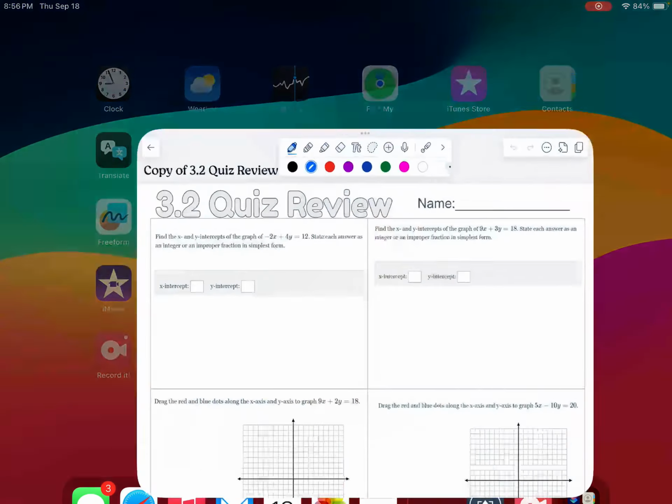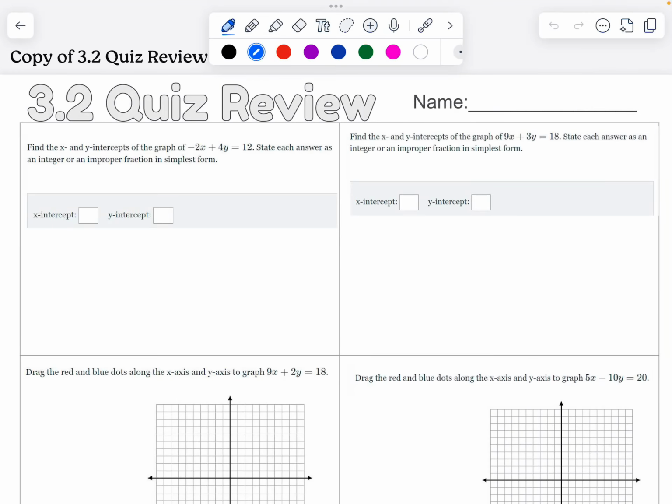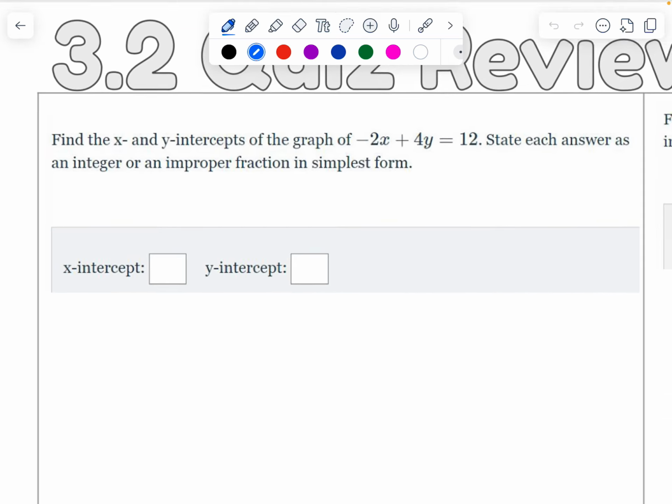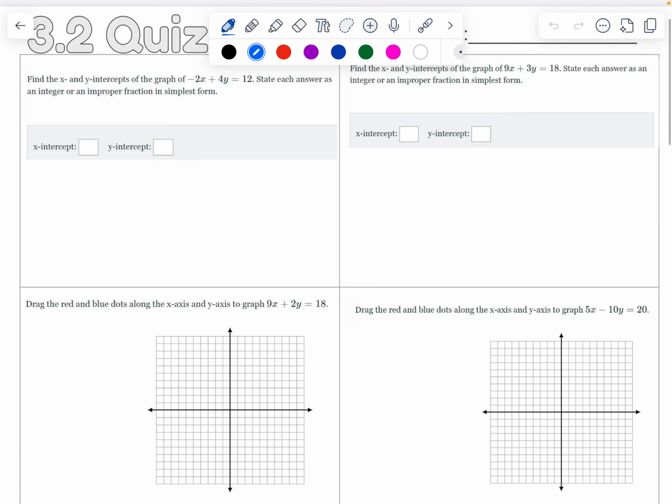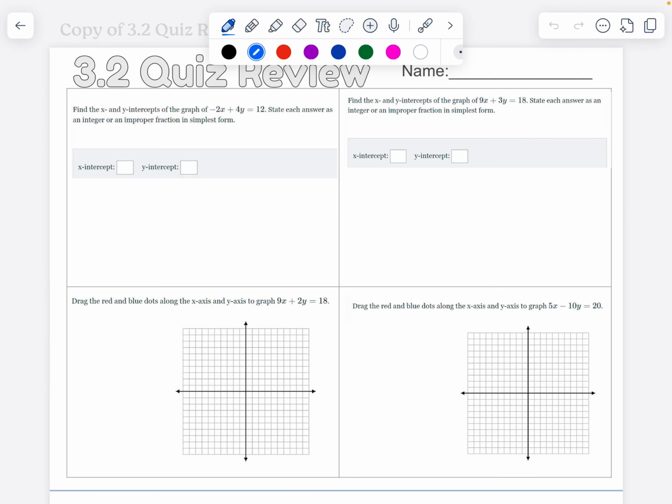All right, Algebra 1, we are about to go through the bell work, the quiz review, whatever you want to call it. So the first page, I just want to kind of talk about this all together. 1, 2, 3, and 4, very similar to 1, 2, 3, and 4 on your quiz today. So all these are the same in the fact that you're going to use the cover-up method to solve or